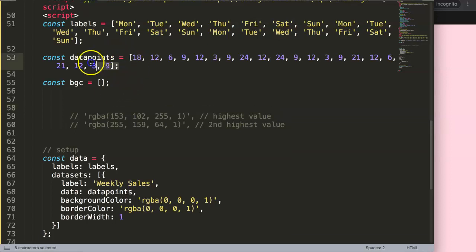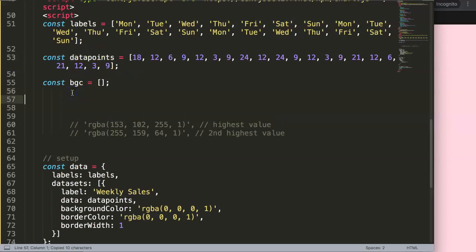We have our data points here, and what we need to do with our data points is start to loop through them in a map. Basically, the map function or map method is probably the right term, which is an array.map, where we have this array here. So we're going to copy this, and we just say here the following. We're going to say here, well, two things. First of all, I want to extract the highest value here. The highest value right now is 24. So we're going to say a constant, let's say here max, which will be the max value. And then what we will say here,